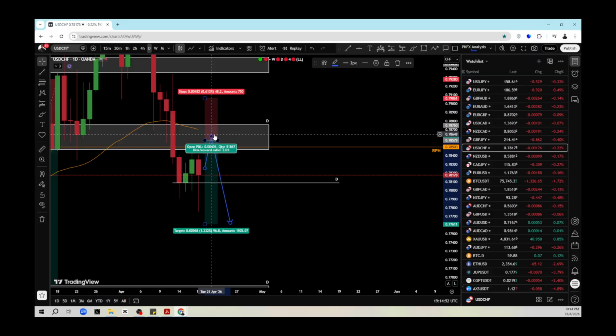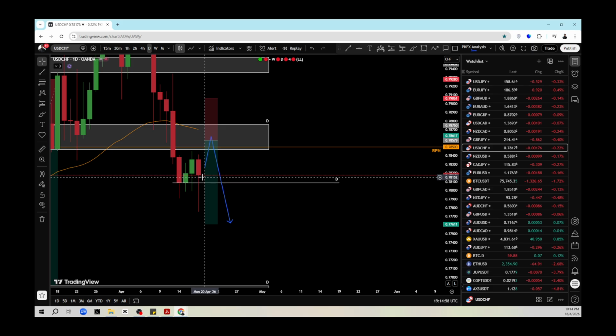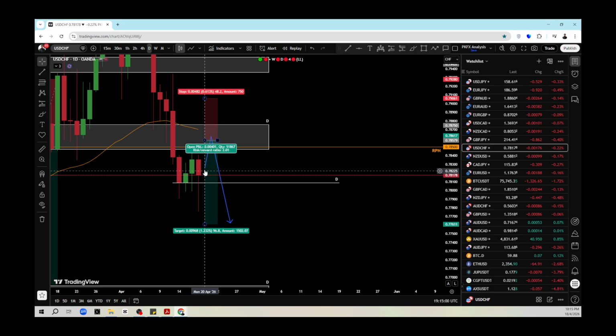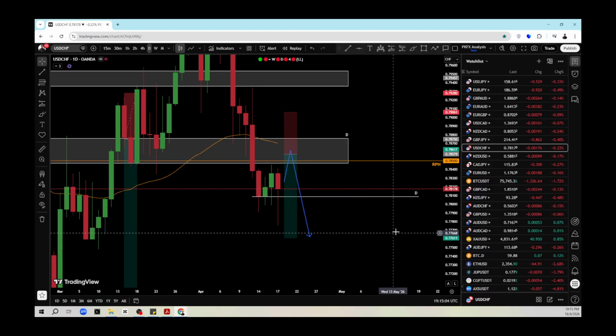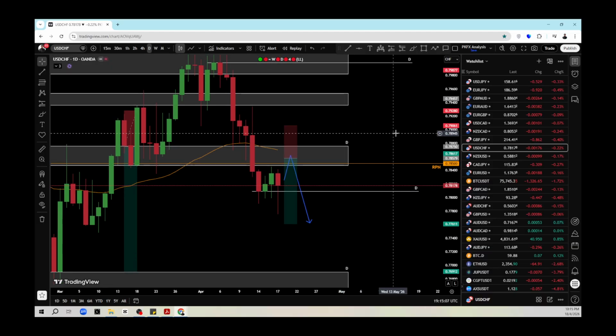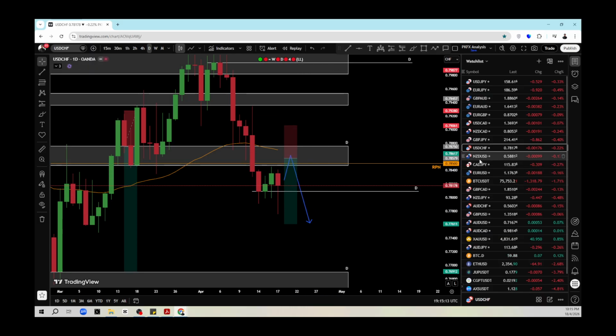Holding the daily EMA as a potential good resistance zone. So we'll see how the market opens. It will be sad if the market just drops all the way from here, because a pullback would mean a very good opportunity over here for USDCHF. So USDCHF weekly is a sell, daily is a sell, 4-hour is a sell, and I'm expecting a pullback before I can sell. Moving on,